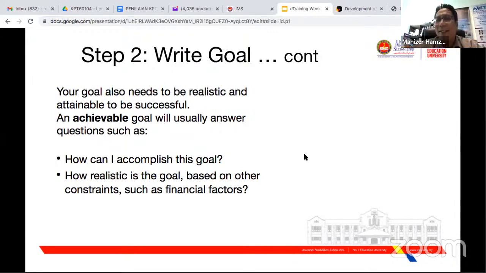The easiest way to calculate it, you can add into your ROI benefit is, for example, previously a teacher needed 2 hours to develop one learning material. After attending the training, only 1 hour is needed. So you save 1 hour. You have to calculate how much the teacher is paid per hour. Berapa guru tu dibayar untuk 1 jam. Jadi 1 jam yang dapat dijimatkan, okay, save 1 hour, that is a benefit.